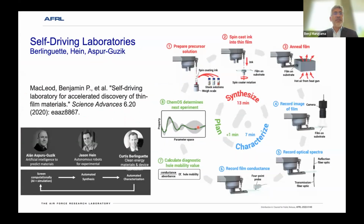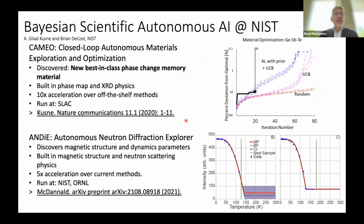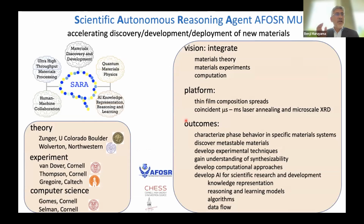Self-driving lab. So this is Alan Aspuru-Guzik, Curtis Berlinguette, and Jason Hein. They're doing very nice work with chemistry and different traditional sort of arm-based robots. Gilad, who's talking later, along with Brian DeCost and previously J. Hattrick-Simpers, are doing their Bayesian scientific AI. And then highlight